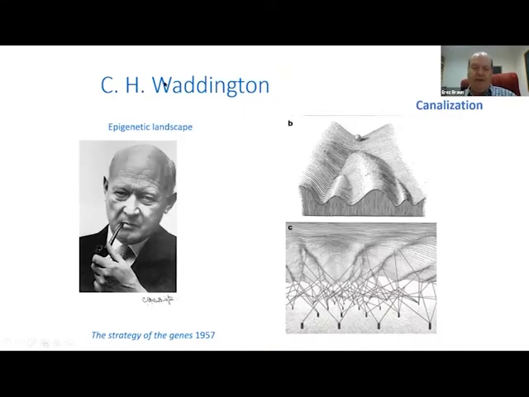Okay, so the guy that asked this question in a very deep way is Waddington. This is a little bit of history. He wrote this beautiful book, The Strategy of the Gene, in 1957, and he coined this concept of epigenetic landscape, asking the question about what he called canalization, meaning this robustness of specific shapes that emerge, specific morphogenesis that emerge